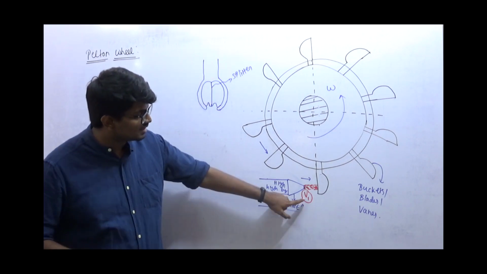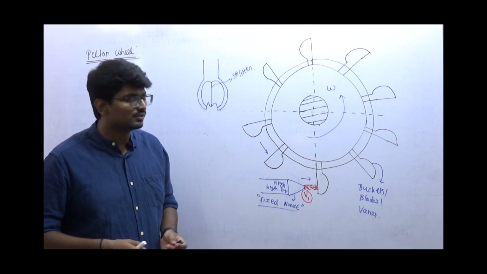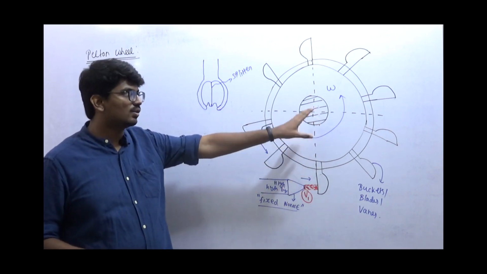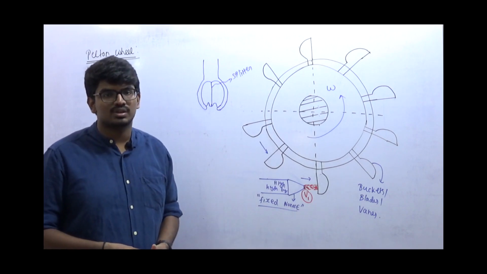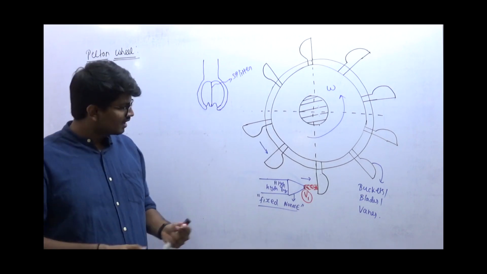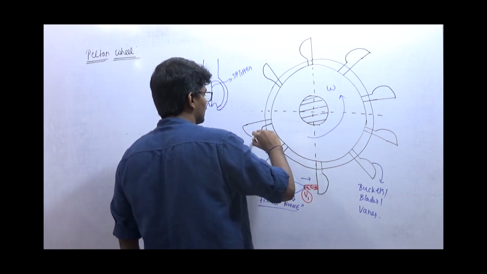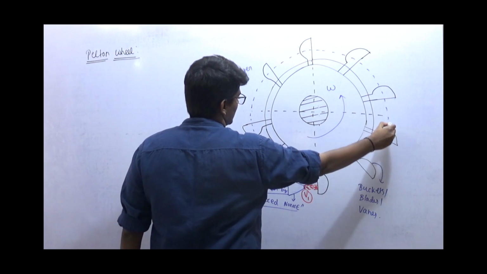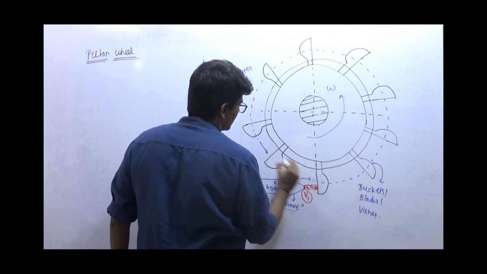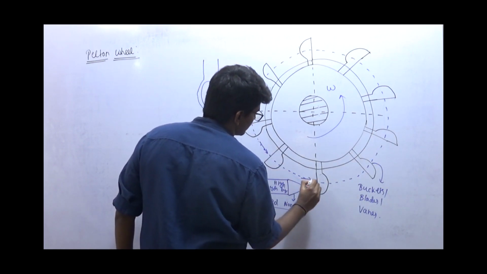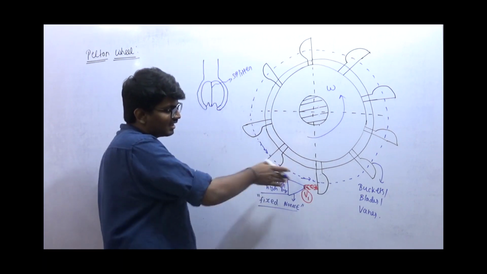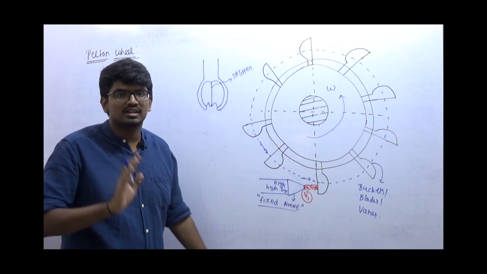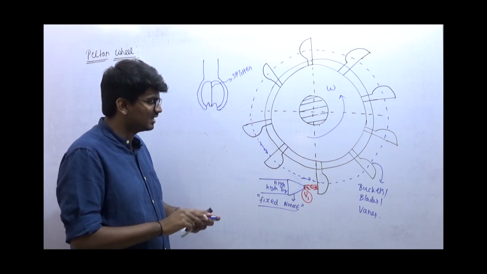See, when the fluid is coming out with the velocity v1, it's going to hit the blade, and this rotor is going to rotate with angular velocity omega. I'll be taking the pitch circle diameter as my reference diameter, because as you could see, I am going to assume that the fluid is entering exactly at the pitch circle diameter.